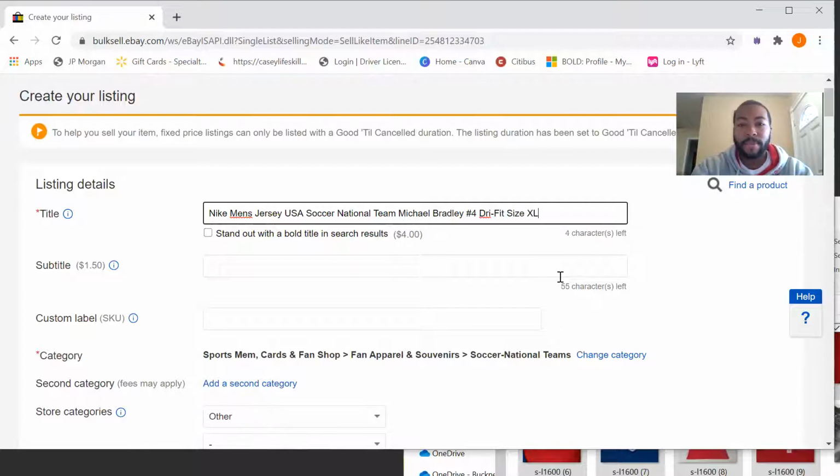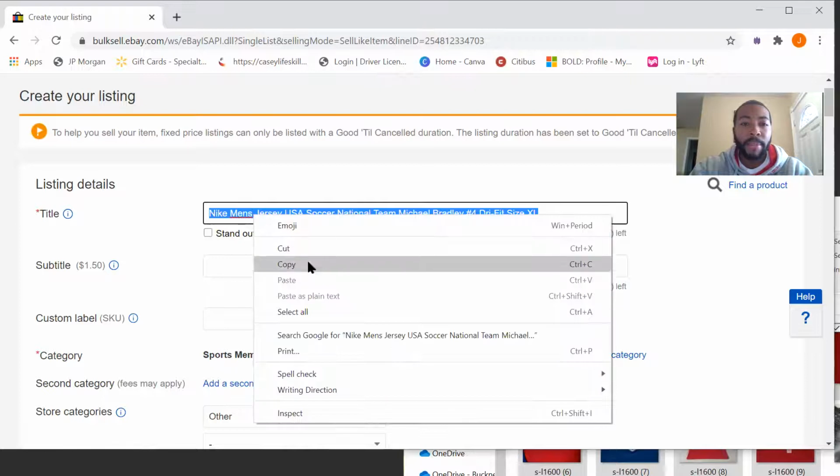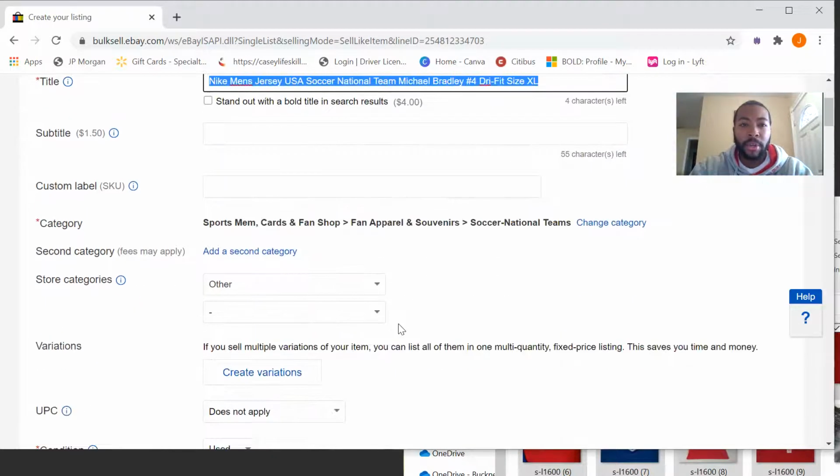Size XL. Okay, so I think that is plenty. So you got Nike men's jersey, USA Soccer National Team, Michael Bradley, number 4, dry fit, size extra large. So this title right here is fine. I'm pleased with it. So I'm gonna go ahead and highlight it, copy it, because what I'll do below is